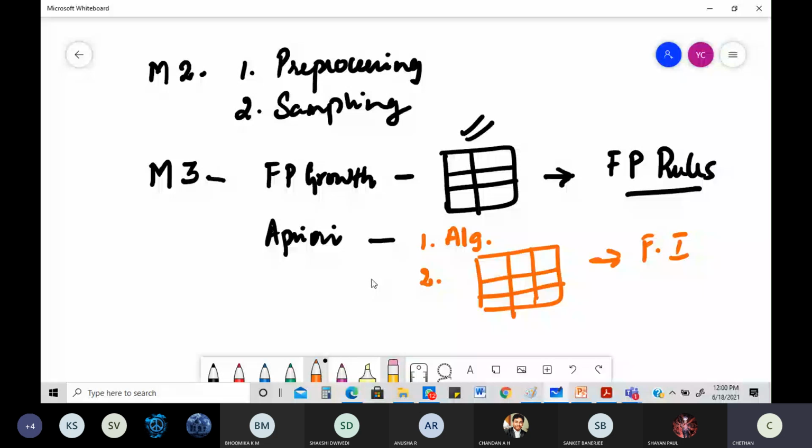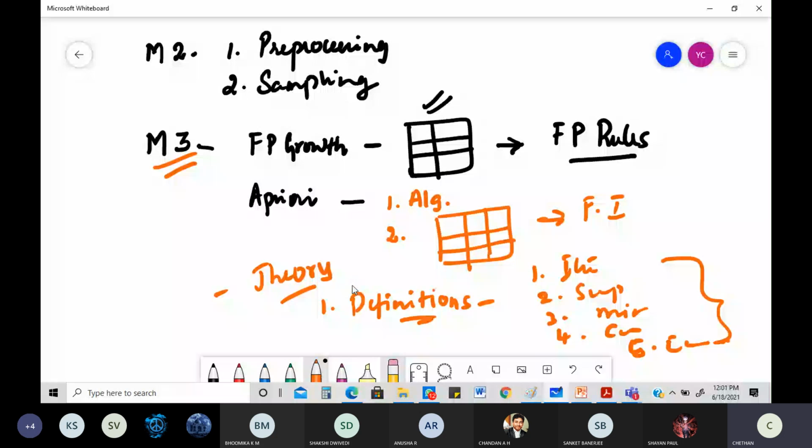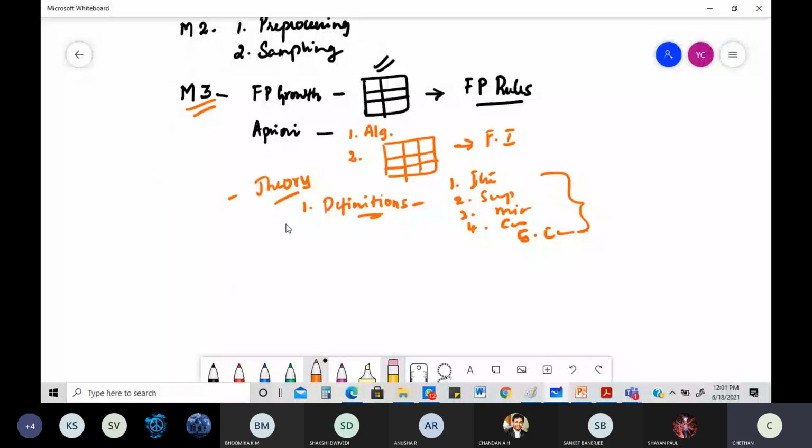Except this, there is one more question that you are supposed to understand, and you are also going to learn. It comes in Model 4. And what is Model 4? Model 4 is all about understanding things related to classification. Model 4 and Model 5 are very important. They are a direct predecessor for